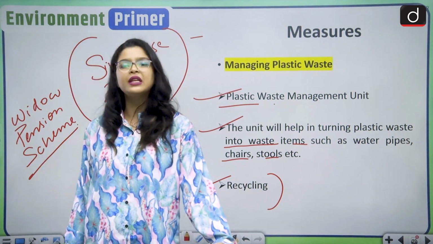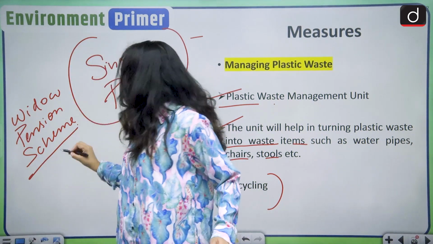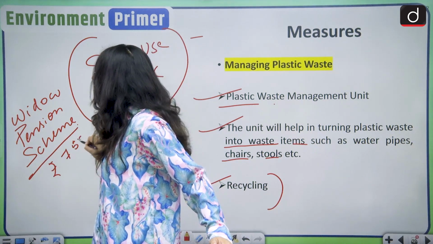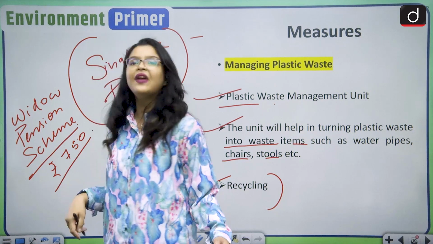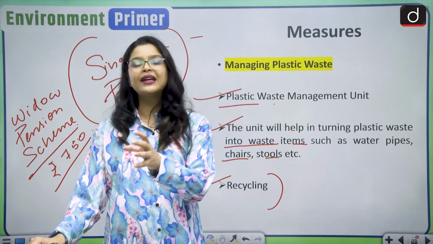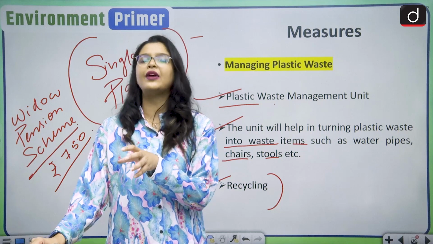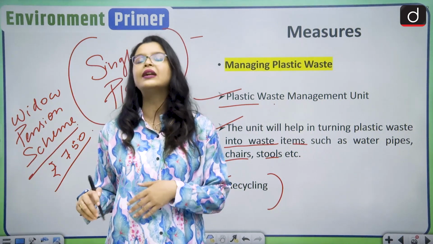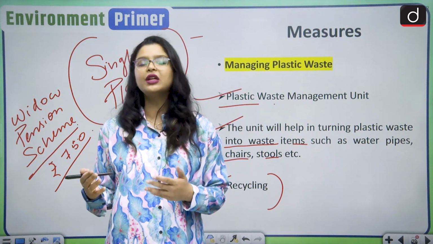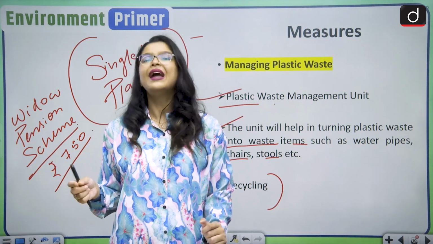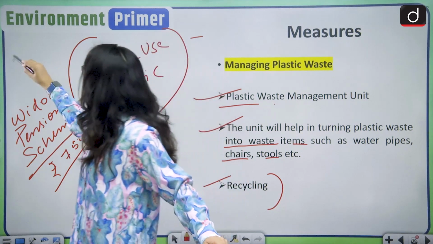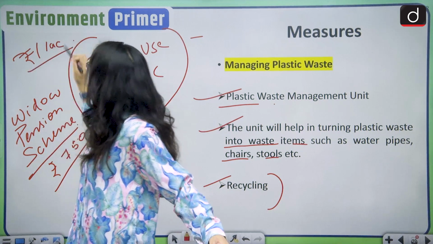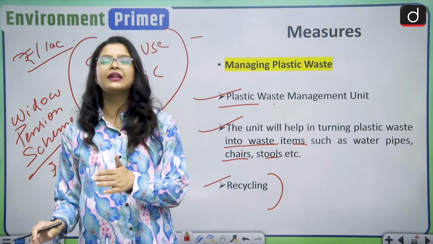So in this widow pension scheme, they give rupees 750 to the widows from marginalized communities. In fact, they also have a dedicated medical health insurance coverage for the poor families. So what do they do? They collect rupees 1 from each of the households that are affluent, or even if they are not affluent, 1 rupee is not a big amount. And they provide coverage up to rupees 1 lakh to the poor family to satisfy their medical needs in case